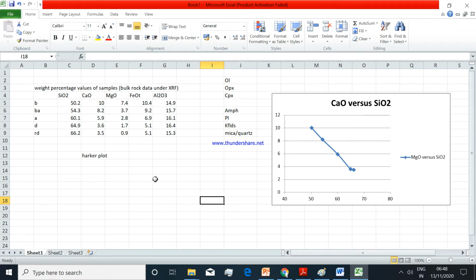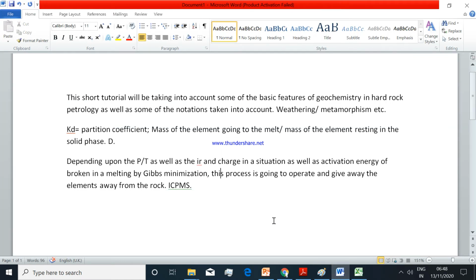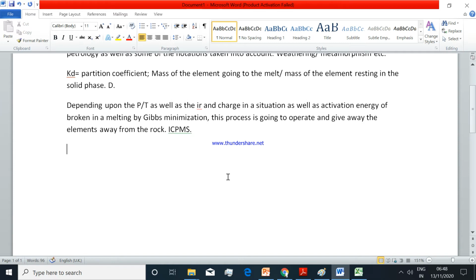Why should this happen in a rock? This will happen because, from the basic idea of igneous petrology, we often see in a basaltic rock or any mafic rock in the field that the earliest crystallizing phases in a mafic or ultramafic rock are olivine and clinopyroxene. Now what elements might they bear? Olivine and clinopyroxene do bear some magnesium, some iron, some